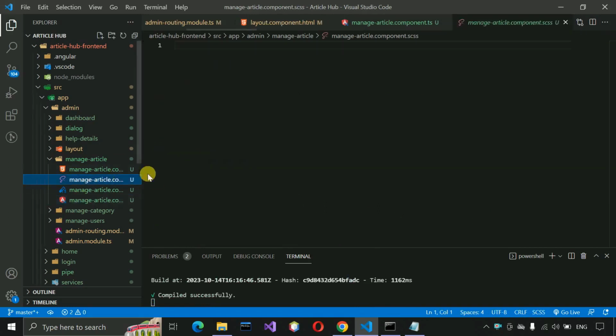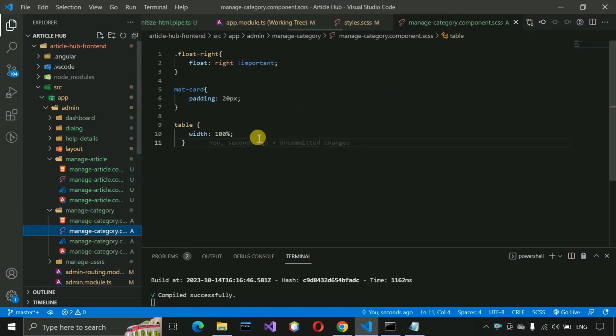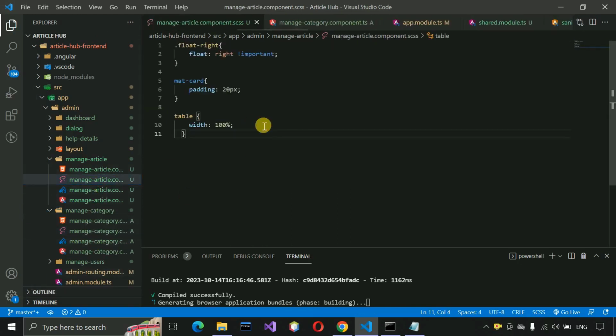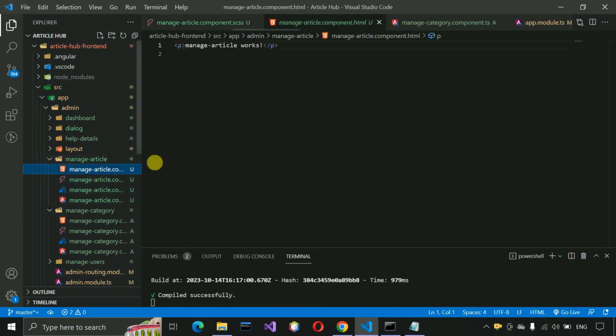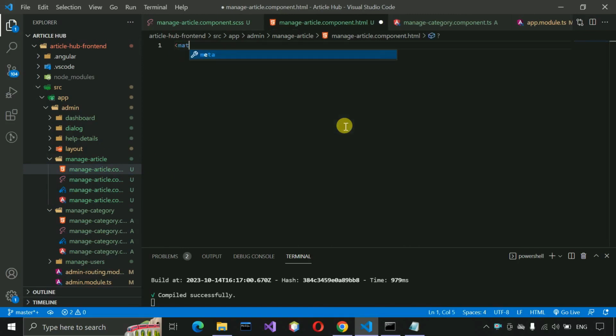Now we need to put the SCSS. We can copy the same CSS from category or manage user and just paste it over here and just save this. Okay, after that we have to go to the HTML part of this page, and here first we need to remove this code, and then we have to write mat card, and here div,